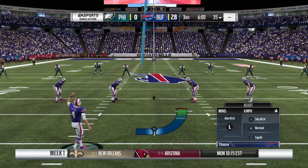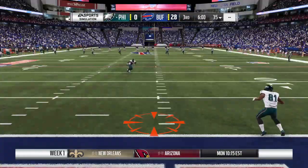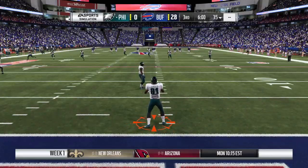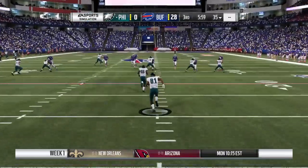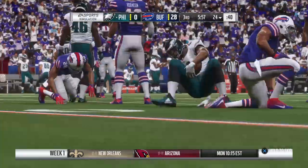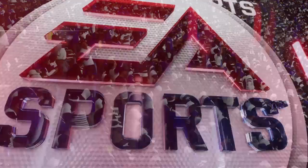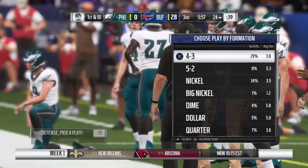And here we go. We'll see if Week 1 fatigue becomes any kind of a factor as we are back underway in the second half. This will be taken in at the 1. And a pretty good return here. He'll be stopped just shy of the 25 at the 24-yard line. Carson Wentz and the Eagles make their way out to the field. And I guess the question...